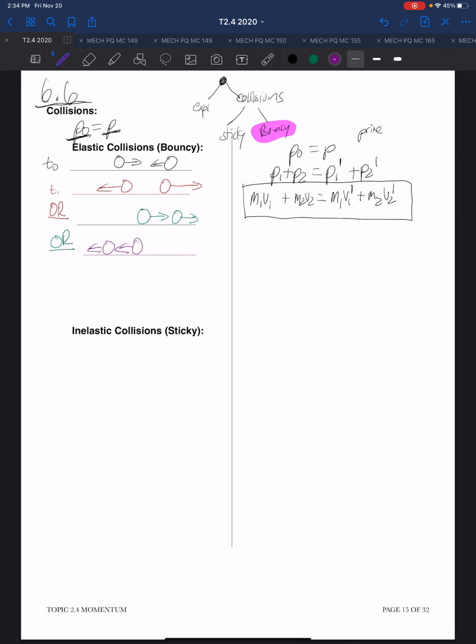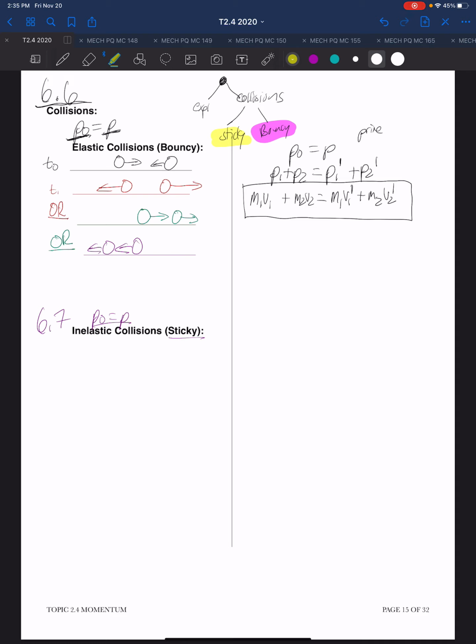So our next installment, 6.7, we are looking at sticky collisions. And what is also true in these cases, because it is always true everywhere at all times in the universe, is the initial momentum of a system equals the final momentum of a system, the law of conservation of momentum. So what we're talking about when we have a sticky collision is, if we look up at our diagram at the top, we see again we have interaction of particles, explosions, collisions, bouncy collisions, and in this installment we're looking